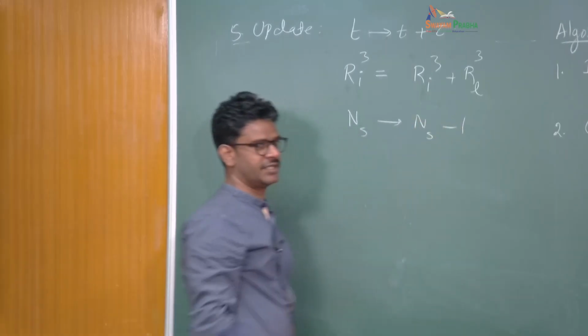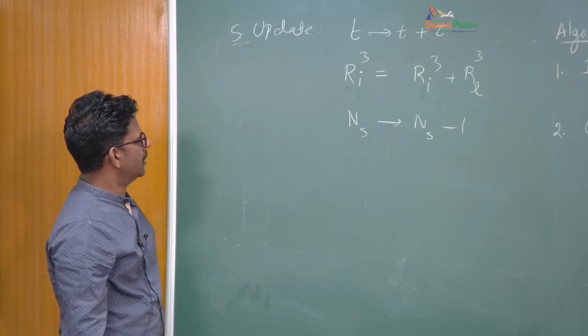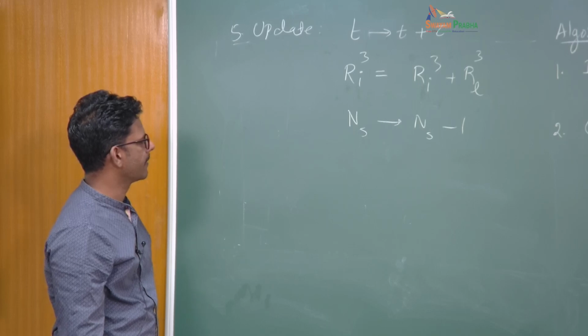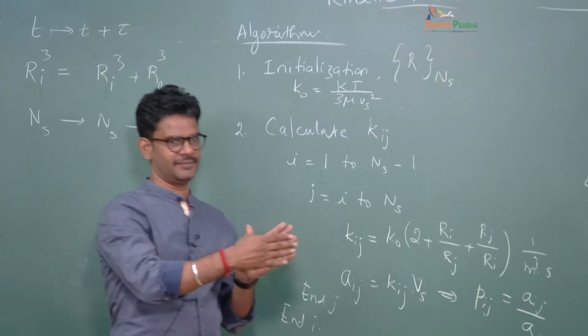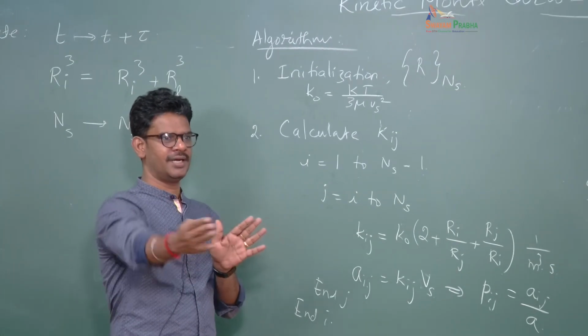So now particle has decreased by 1, factor of 1. Okay, and you may have to update your particle array. Suppose this L happens to be somewhere in between, you're going to just remove that particle and then